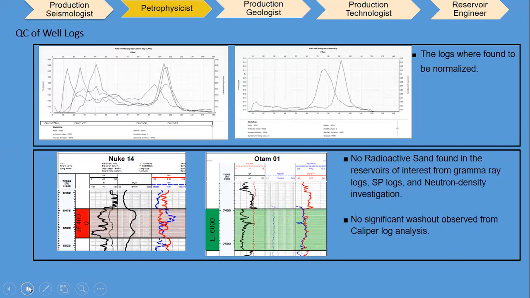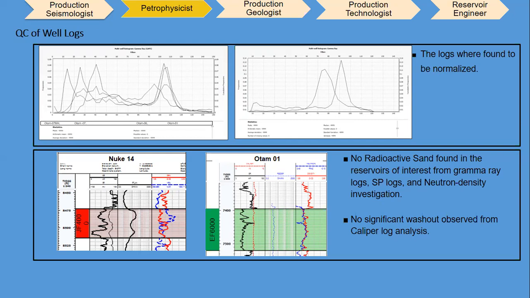Now, QC of the log. Environmental correction was not necessary, but normalization was done. Normalizing the logs helps you to properly calibrate them and also get your desired results. These logs were all calibrated from the Nuclear and also the Autumn section. And also we discovered there is no radioactive sand found in this